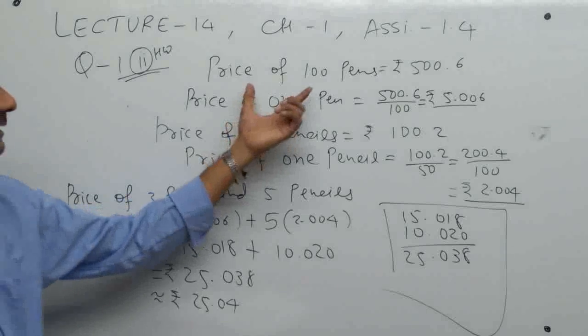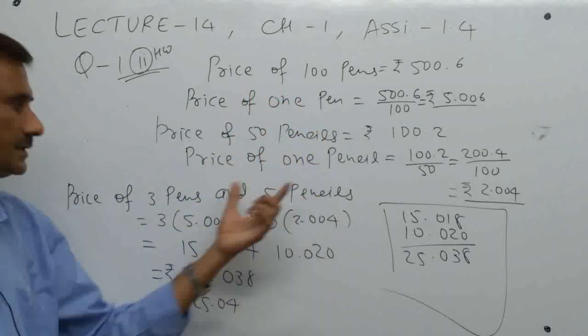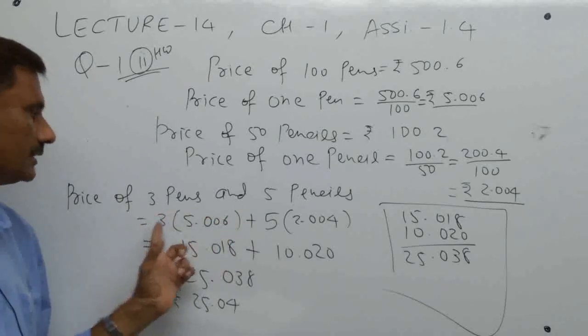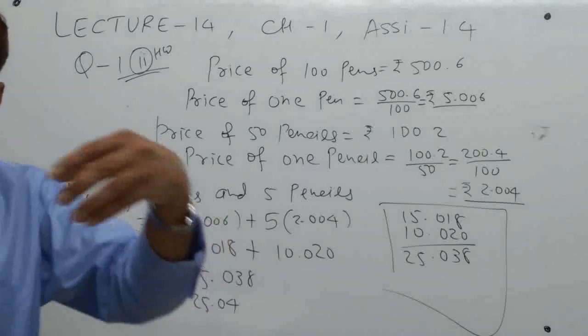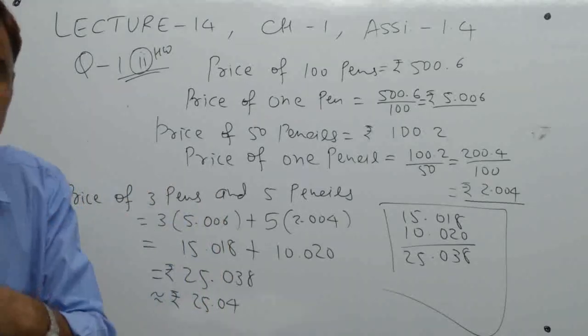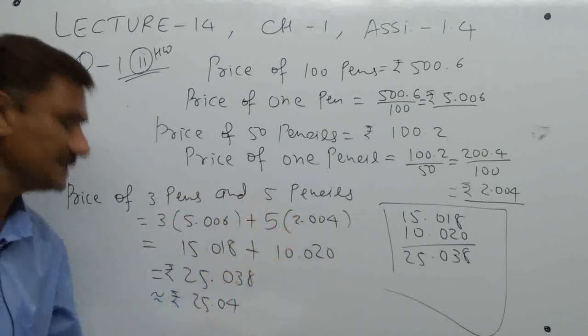So every time find the price of one thing and again of one thing. Then whatever they want, accordingly find the price of that one and make them total. Why? Because the total price of pants and shirt is required, just like the total price of 3 pens and 4 pencils is required here.